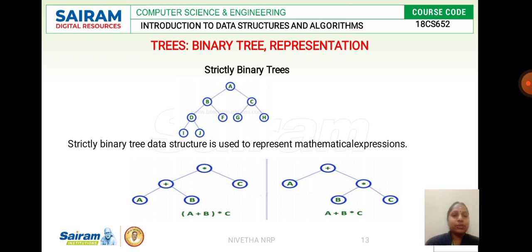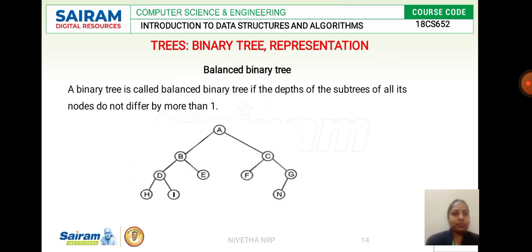Leaf F, since it is a leaf node, it is not that it should have exactly two children. It may not have any; the condition is it should not have exactly one child. Otherwise, it should remain as a leaf node.